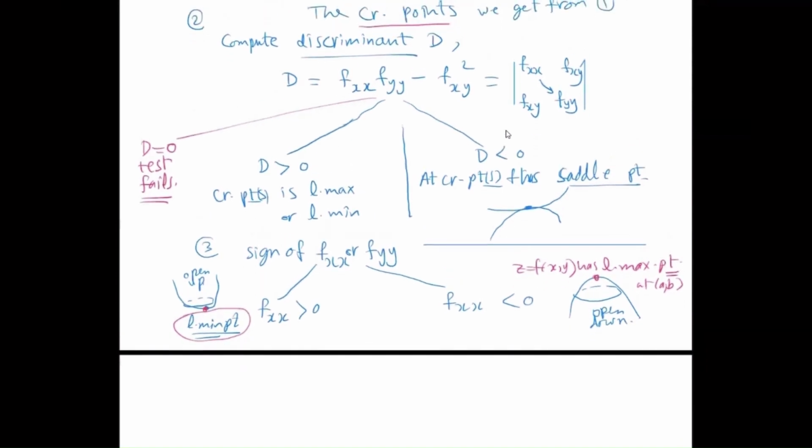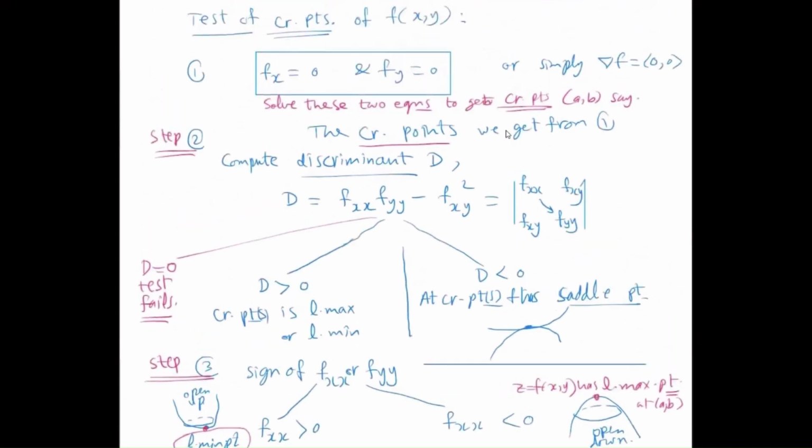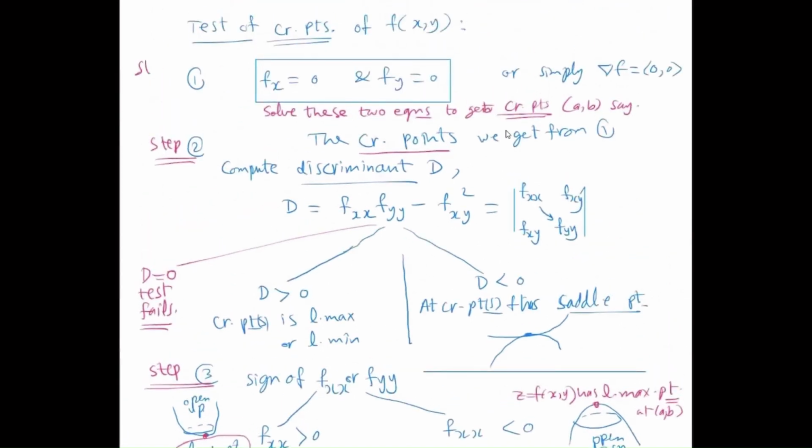If the discriminant is positive, we go for a third step, step 3, to distinguish between local maximum and local minimum. Step 2, to compute the discriminant to distinguish between saddle points and non-saddle points. Step 1, to find the critical points, equate the first derivatives with 0 and solve these two equations simultaneously to